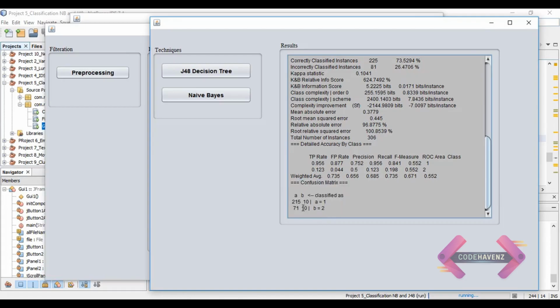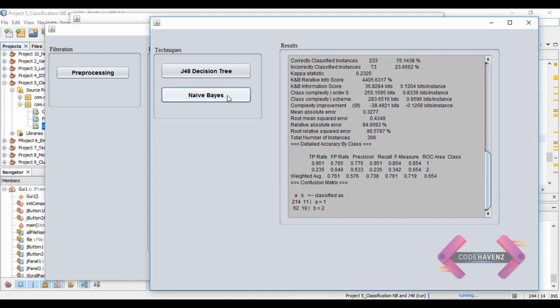The sum of the diagonal elements of the confusion matrix contributes to correctly classified instances, and the sum of the non-diagonal elements contributes to incorrectly classified instances. In case of the decision tree, we have got 73% accuracy.